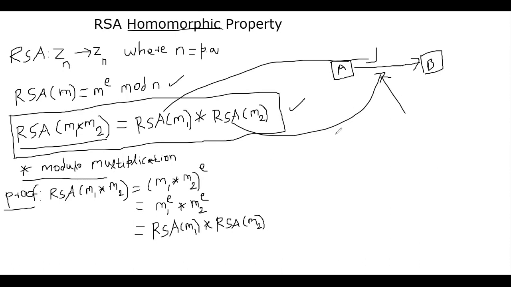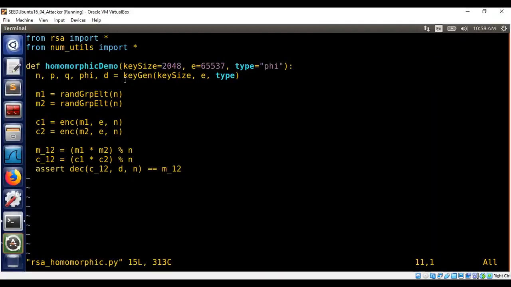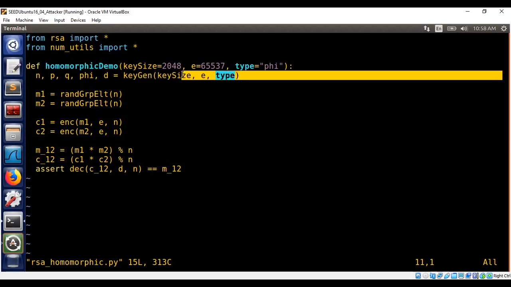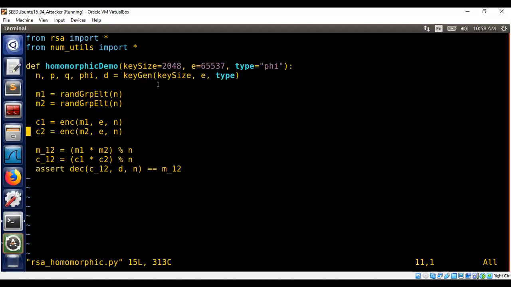And I will now show you a quick demo of this. Okay, so here is the key generation algorithm that will generate the public and private key and all of the parameters. Of course, it is Bob's data. Bob will only publish n and e, the public parameters. Say Alice generates two messages, m1 and m2, and she encrypts m1 and m2 using the RSA function. And now I wanted to show you that if Eve is doing the multiplication of the ciphertext, when Bob decrypts the product, it is nothing but the product of the plaintext. So this is the homomorphic property we discussed on the whiteboard. Okay, that's all.